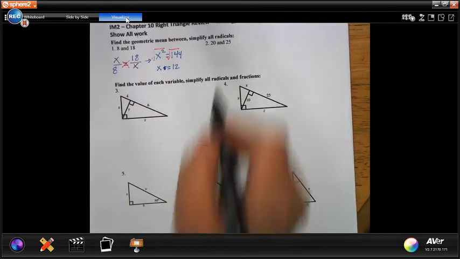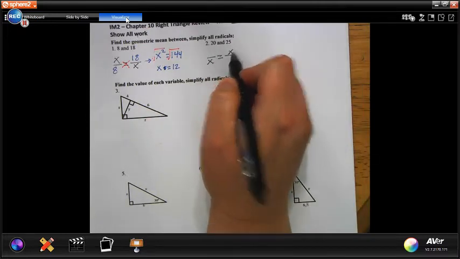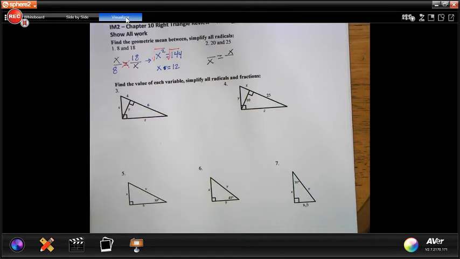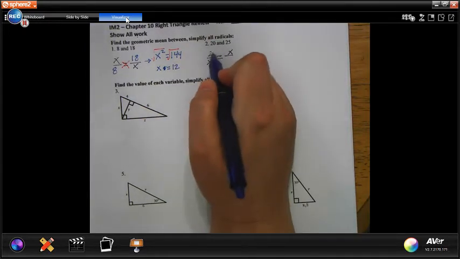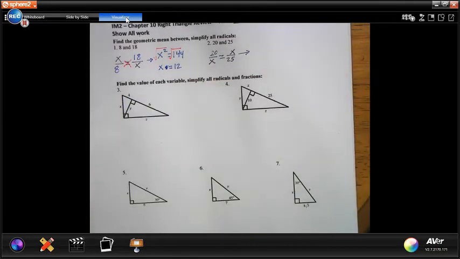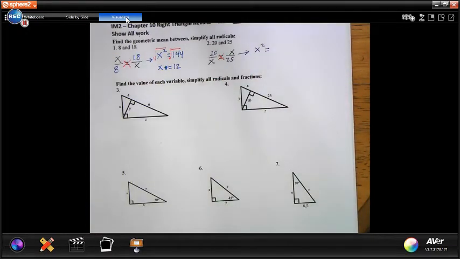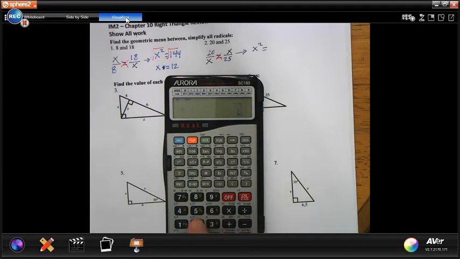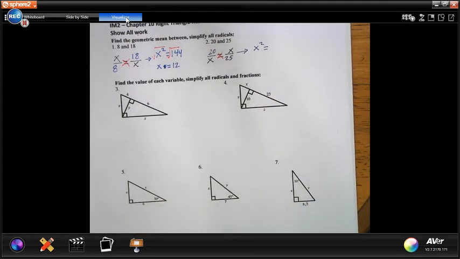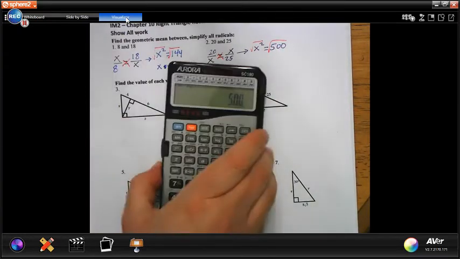So the next problem, 20 and 25. So I put x and x in 2 spots. 20 and 25 go in the other 2 spots. So when I cross multiply, x times x is x squared equals 20 times 25, 500. Then to get x alone, we do the square root. And if I do the square root of 500,